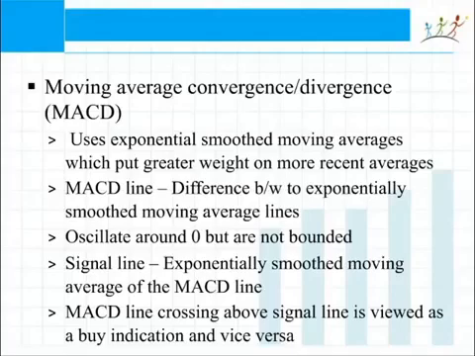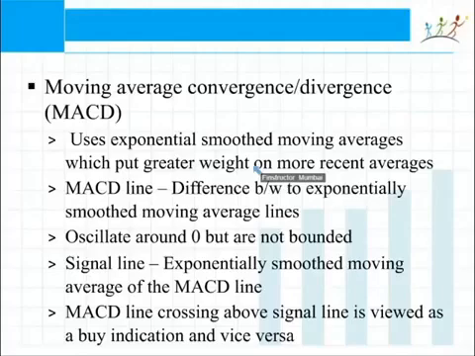So the MACD line uses the same methodology broadly as the moving average methodology that we studied, but it uses exponentially smoothed moving averages. So rather than taking an average of the values themselves, it will take the average of the log of the values or something like that. So the exponential smoothing happens in such a way that a greater weight is put on the most recent values. So on the more recent averages or the more recent values, this methodology places a higher weight.